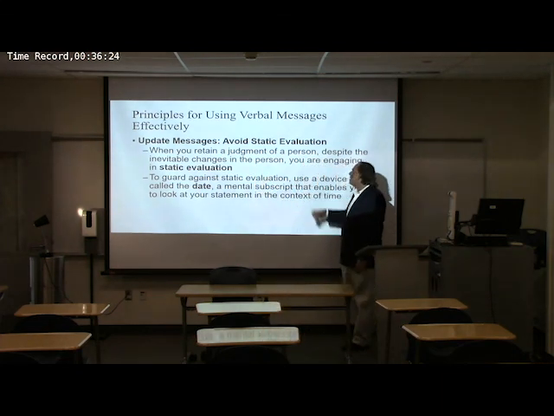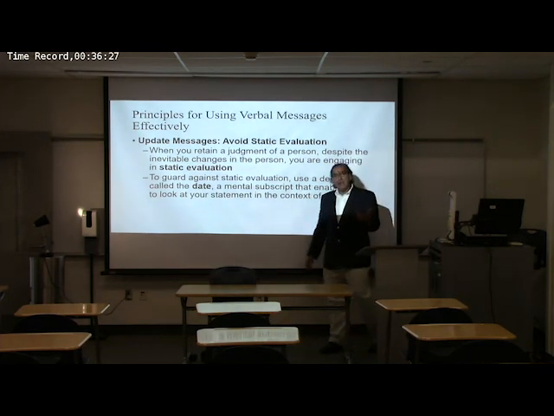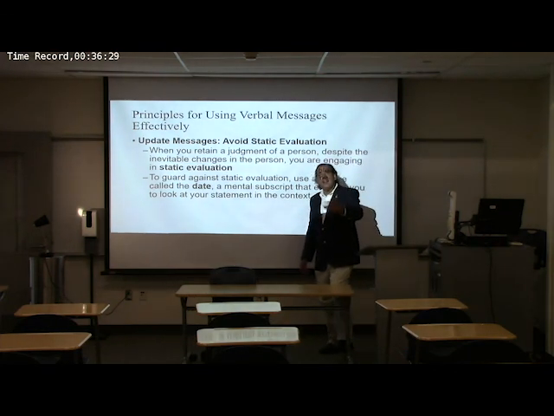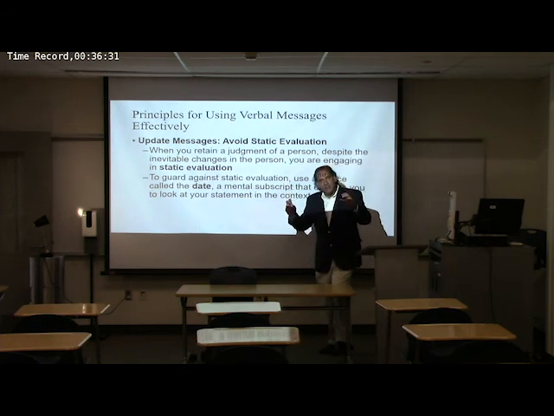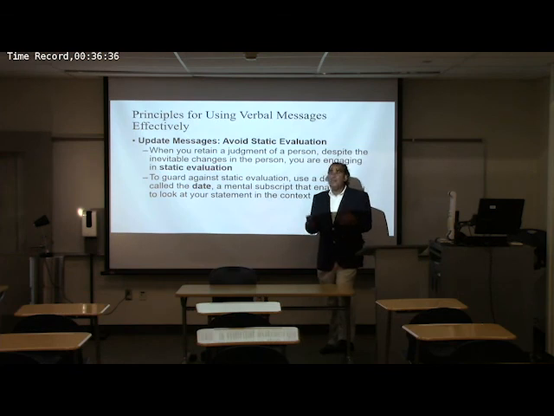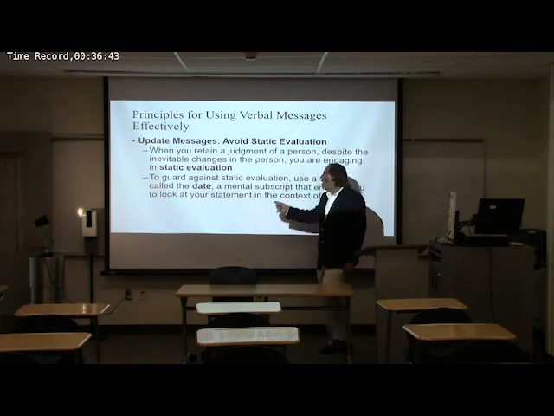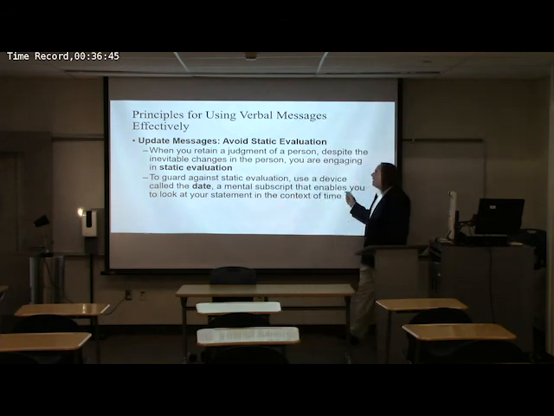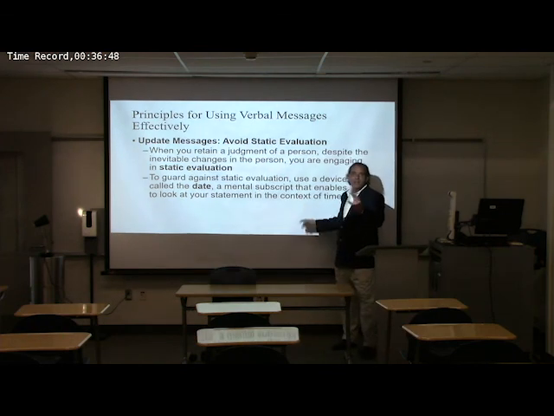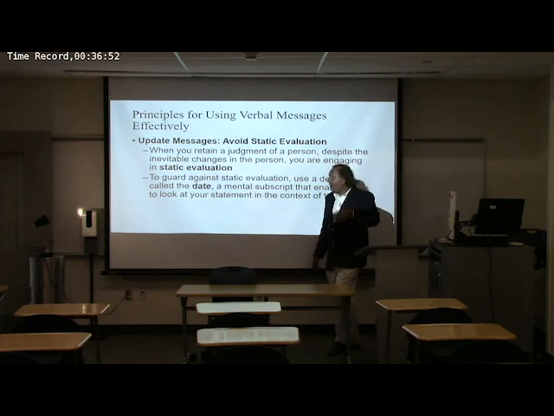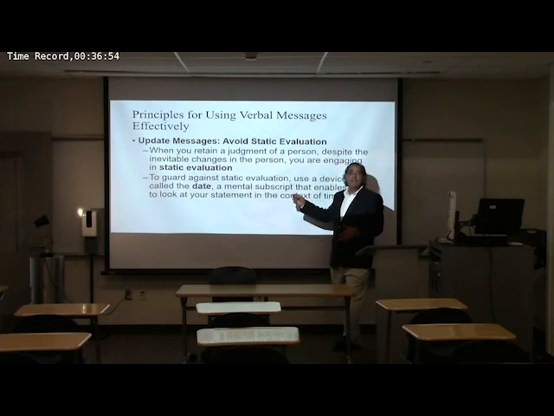So when we guard against static evaluations, we should always think about the date. That I had known this person at this time. I've had this interaction in this temporal context. They may be feeling blue at that point in time. They may be down. They may be tired. They may be forgetful in these particular situations. But that is just them now, right? You want to make sure that you have a mental subscript that enables you to only look at it in the context of that particular time. If you see a series or patterns of behaviors, then you might want to start thinking about more of a static or trait-oriented way of looking at a particular individual.